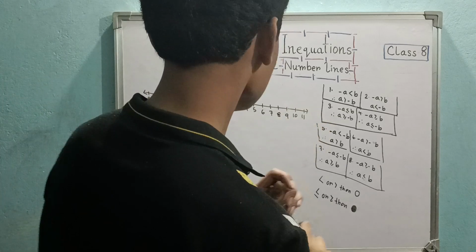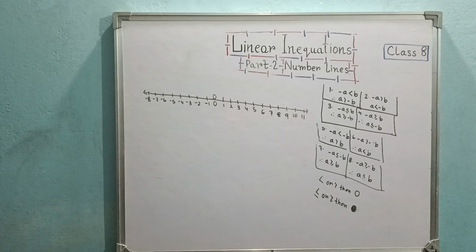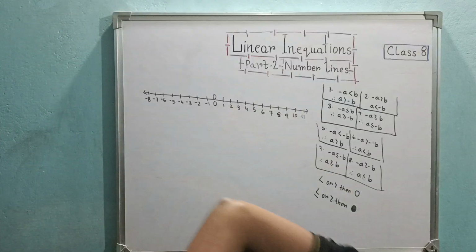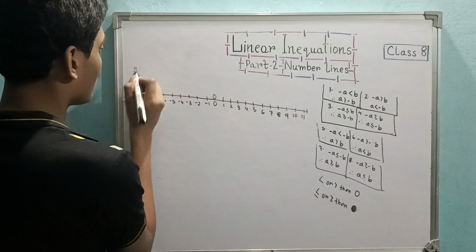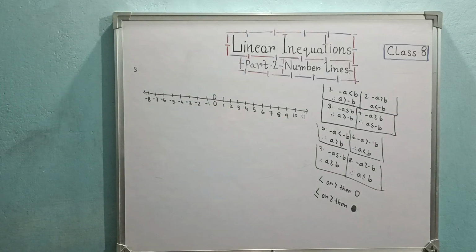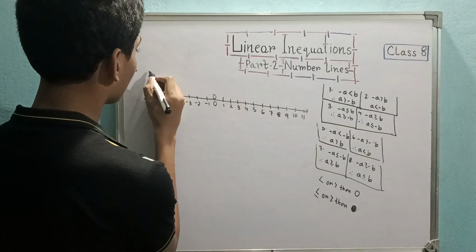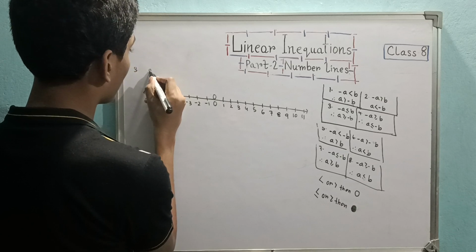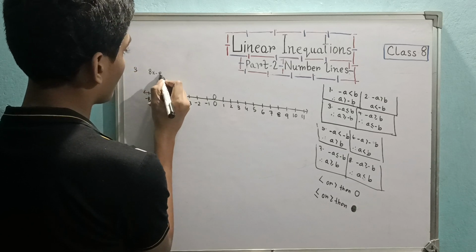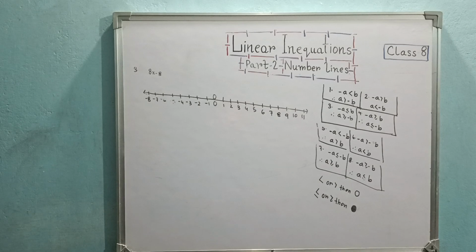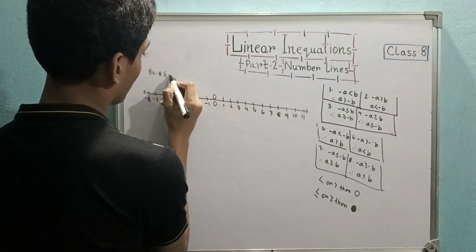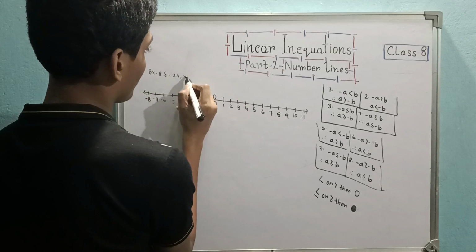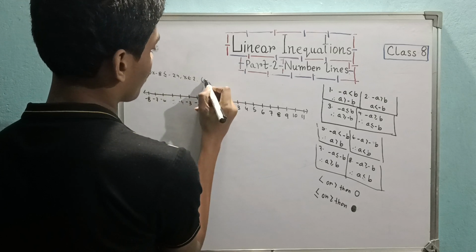All right, now it's okay. Number line is already with us, he's our best friend. Question 3. Now they are telling us 8x minus 8 less than or equal to minus 24, comma x belongs to Z. Solve for x